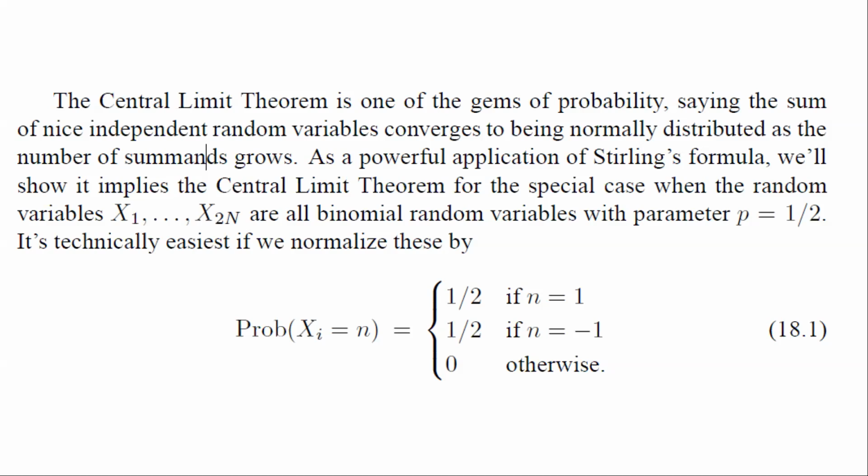And instead of doing 1 for a head and minus 1 for a tail, I'm doing 1/2 for a head and 1/2 for a tail. And I'm doing not n tosses, I'm doing 2n tosses. This is just to make the algebra a little bit nicer. It really makes no difference. So the main result that we're going to need